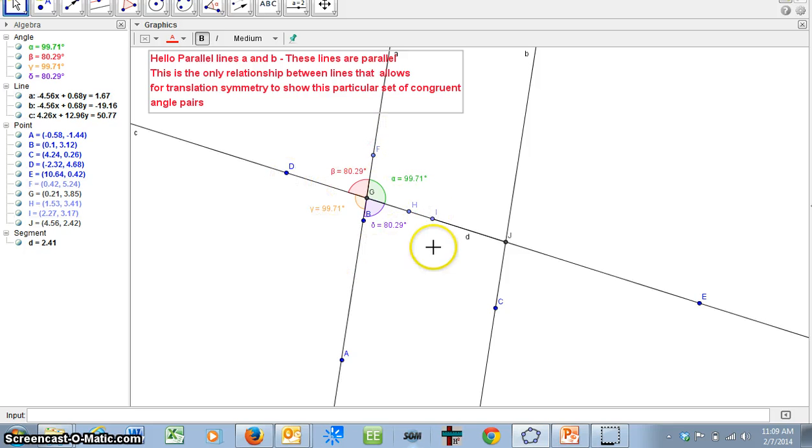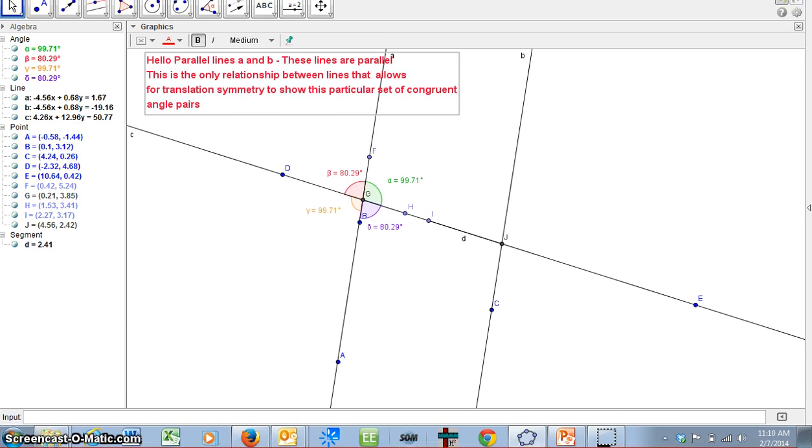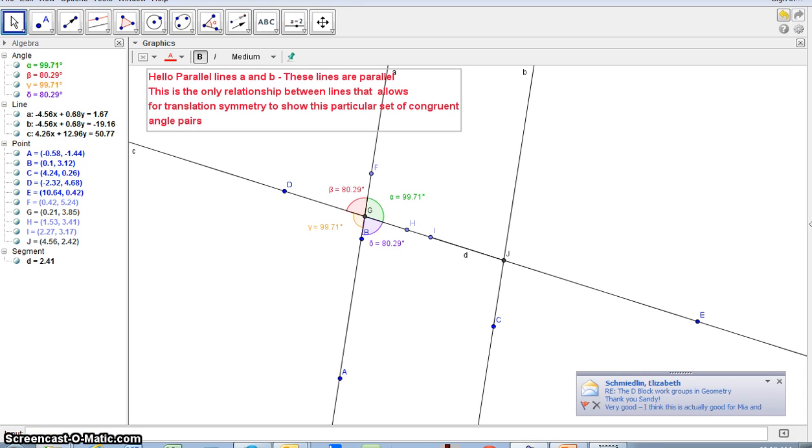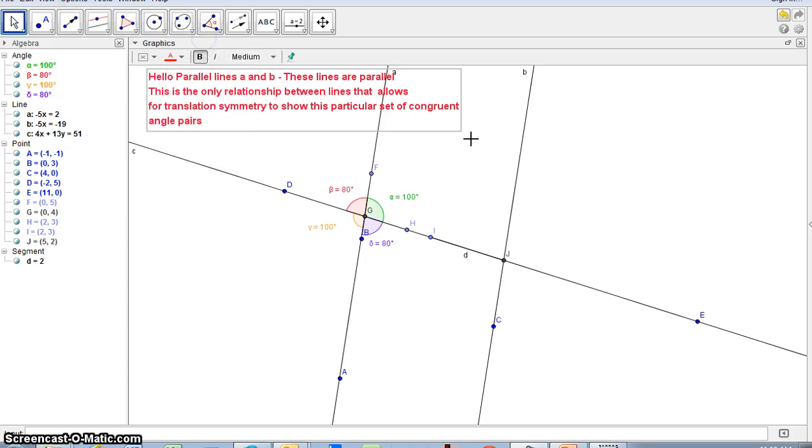This group of angles, each one marked with its angle measure, and I'm going to go ahead and use options, as soon as I can get to my options bar here, to round to 0 decimal places. Okay, so now it's clear that I have a 100-degree angle and an 80-degree angle, and another 100-degree angle and